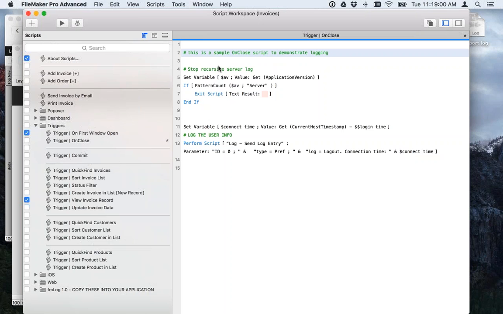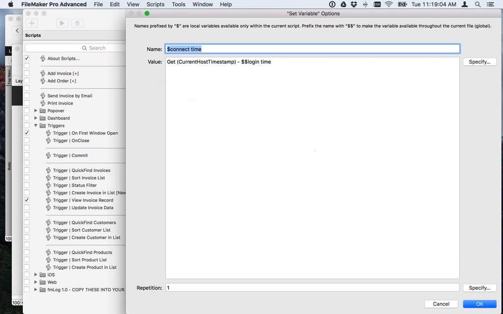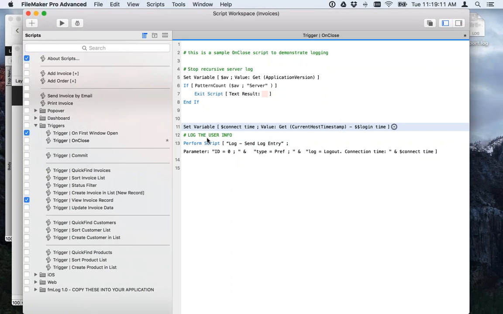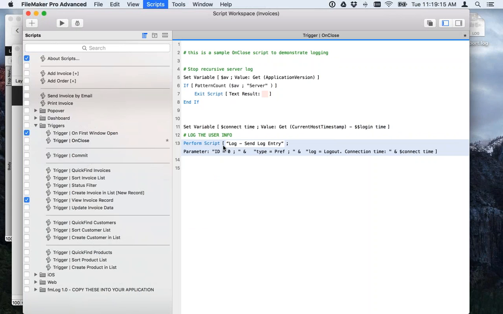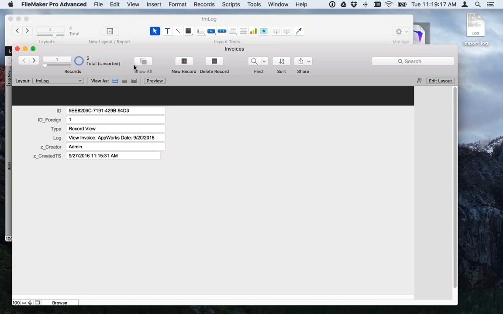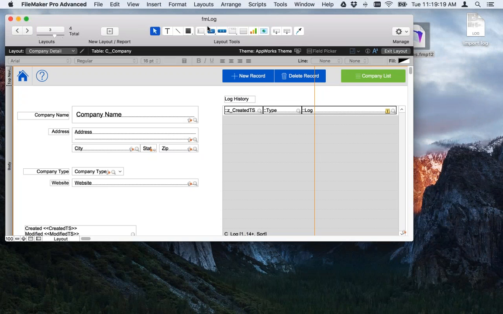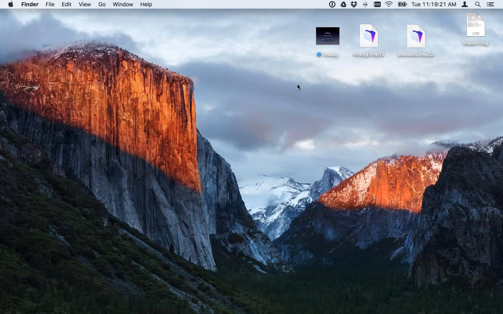Okay, now this one tracks the connect time, which is grabbing the current time from the server, minus the login time, which got set upon login, and then doing that same send log entry script that we've seen a couple times before. I'm going to close that. Now I'm going to close my fmLog file, and I'm going to close the invoices file. So if I open up invoices now,